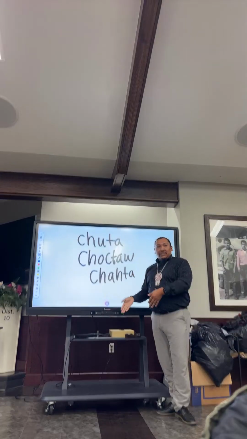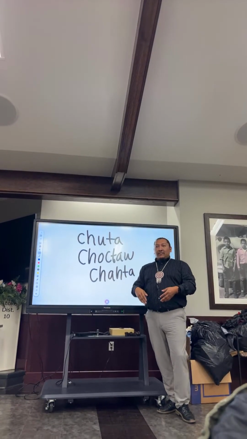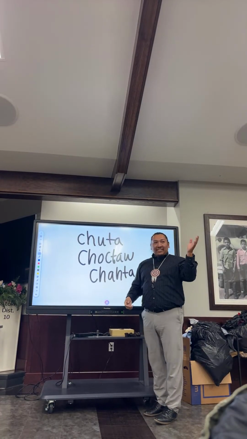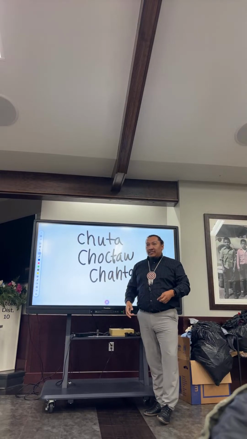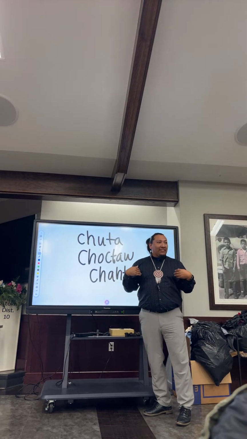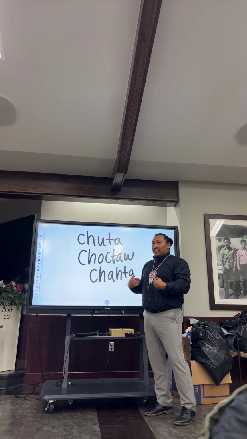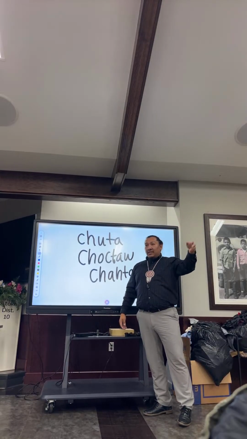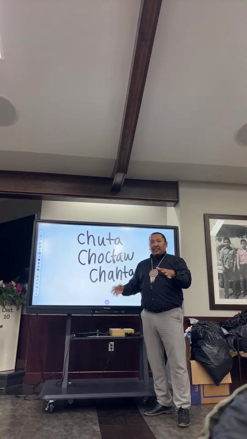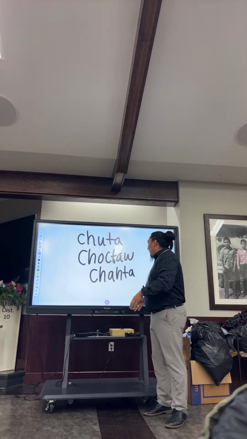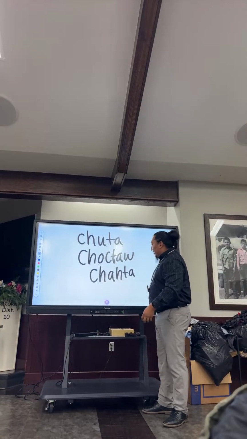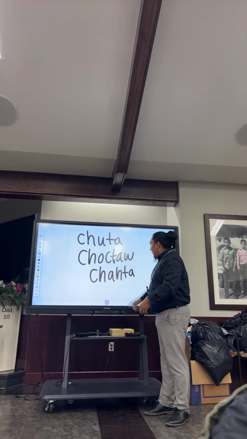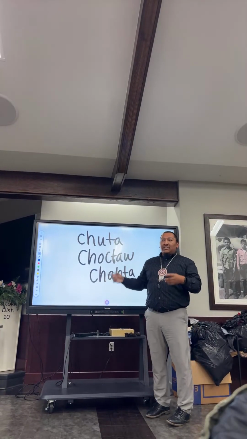Every letter in the Choctaw language has a role, or at least in Oklahoma, because Mississippi has a different spelling. And if I would learn theirs, I'd probably figure out a little bit of linguistic stuff with them. But I just know the Oklahoma Choctaw writing system, and that's what I got used to, so that's what I stick with. And I'm not, like I said, saying theirs is wrong, because that's how they view it and that's how they learn it. If they learn it their way, then good on them. But for us here in Oklahoma, we want to try to remember how to say it in our way too. Okay, and so chahta, chahta, chahta.